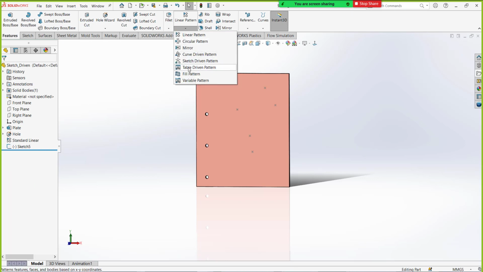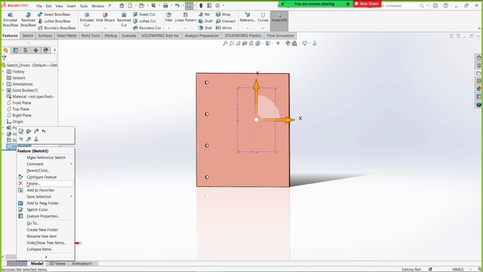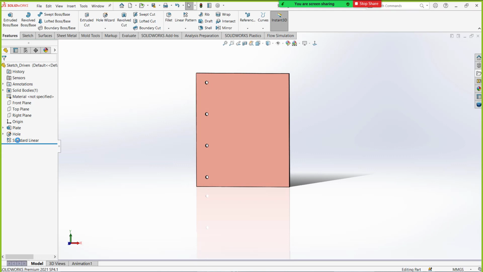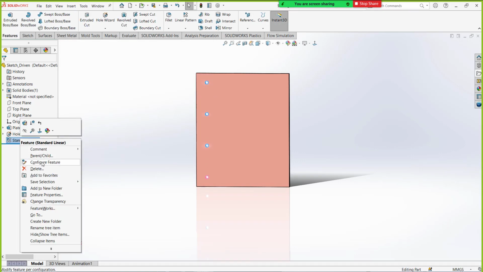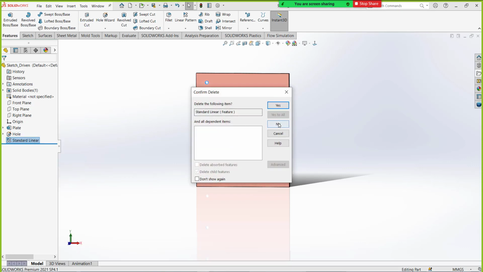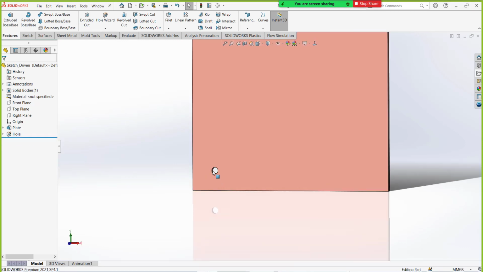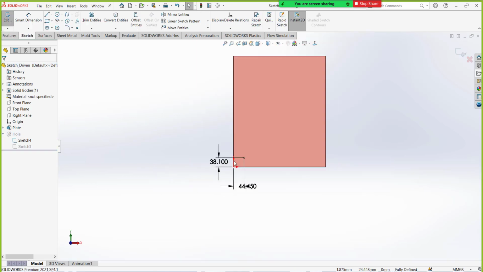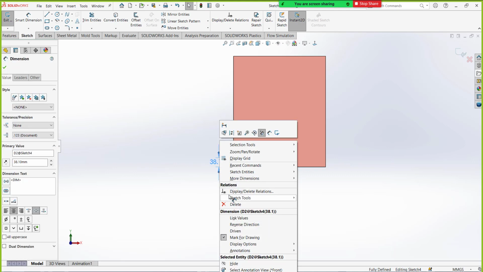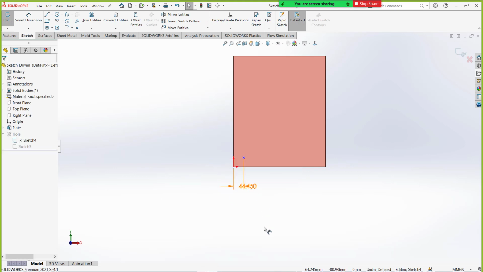And now one more is the fill. Okay, before that I'll eliminate these all. Now I need to place it exactly at the center. Let me just take this one, delete this dimension as well as this.